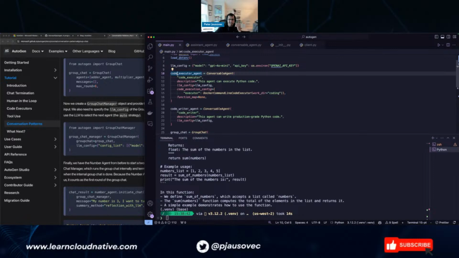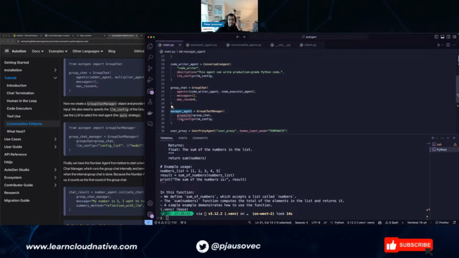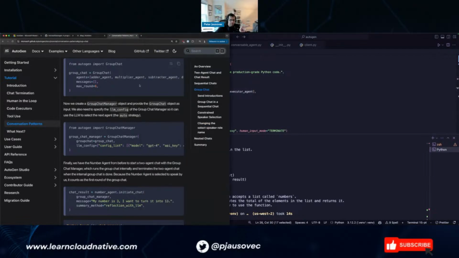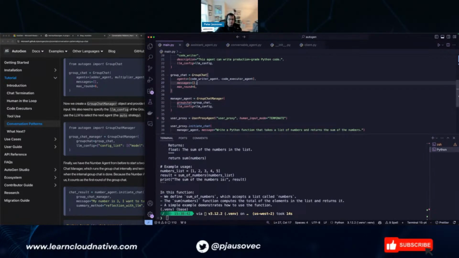So we have an entity that knows how to execute code in a Docker container, an entity that knows how to write the code. We have the manager of the group. Oh, we have the group. These two belong to the group. I'm assuming the proxy agent has to belong to the group as well?